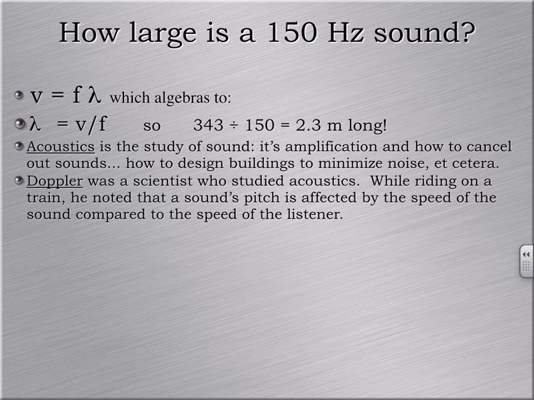So Doppler figured out that things are higher or lower. Now, why does this effect happen? Well, imagine that I have a whole bunch of balls in my hand, and I'm throwing them to bounce them off your head. So I'm going to throw a bunch of balls at Pauline's head. If I throw the balls 1 per second, and I'm just standing here, how fast are they going to hit her on the head? About the same. If I'm throwing at a constant speed, letting go at 1 per second, then they're hitting her head about 1 per second.